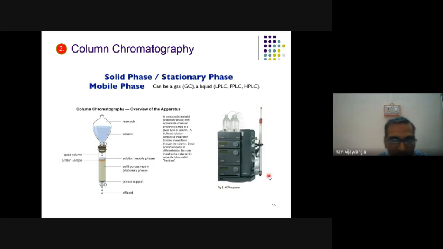It is not visible here, but there is the sample injection port, where you can inject the sample. Also the buffer: because the pump is there, the buffer flow rate can be controlled by the pump, and it will pump the buffer into the column. Also, the collection of the sample can be done automatically. Here it is not, but an automatic fraction collector also can be added to the system, so that will collect the fractions for you.